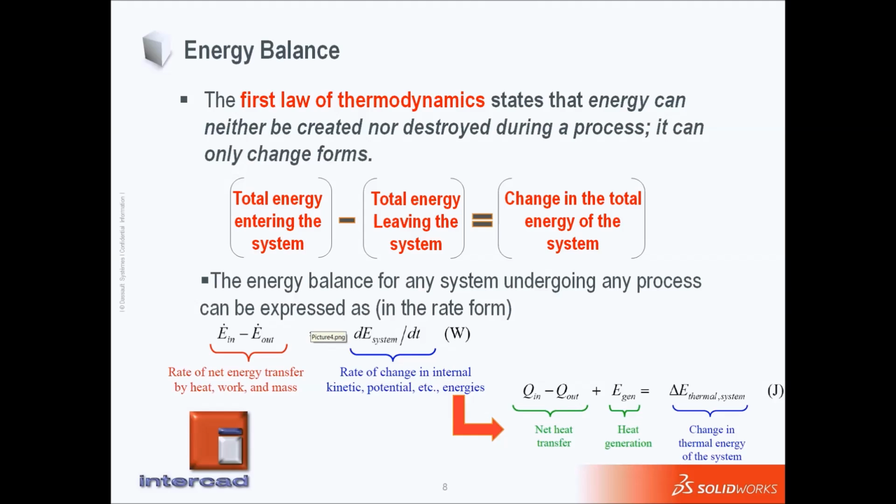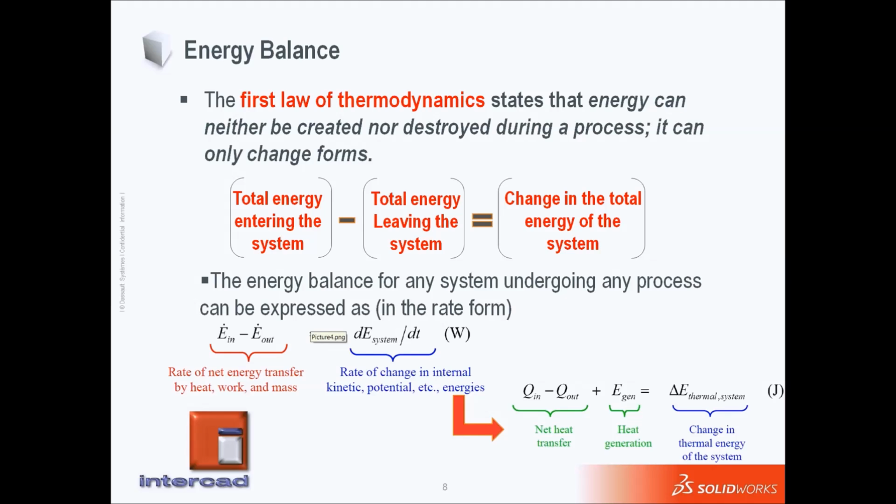Or we can say the total amount of energy entering the system minus the total energy leaving the system equals the change in total energy of the system. Or in symbols, energy in minus energy out, where this energy could be in the form of heat, work, or mass transfer, will change the internal, kinetic, or potential energy